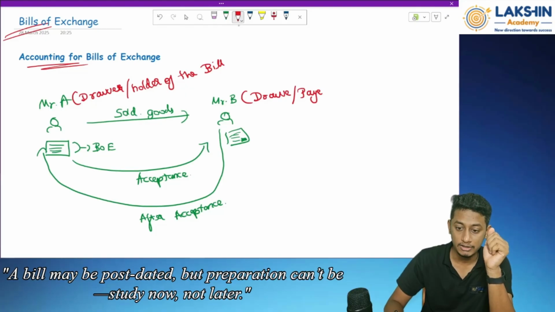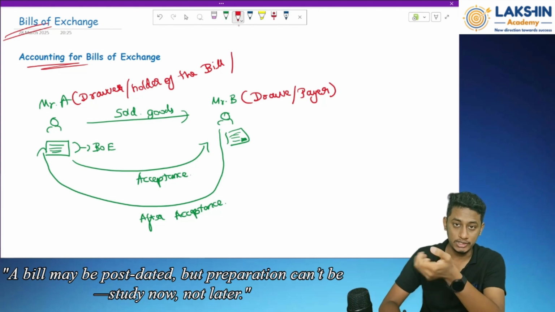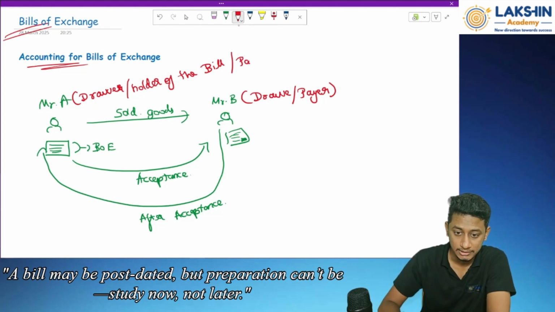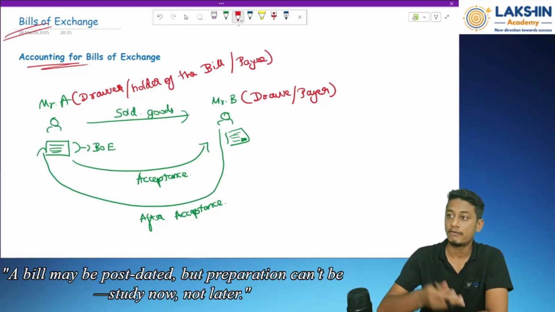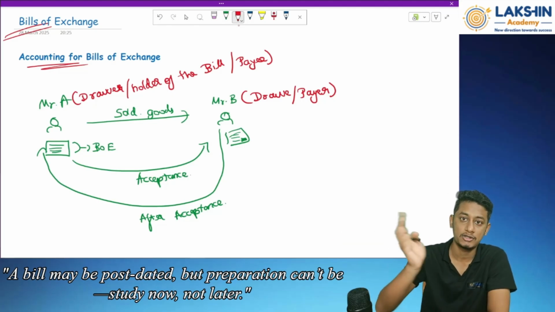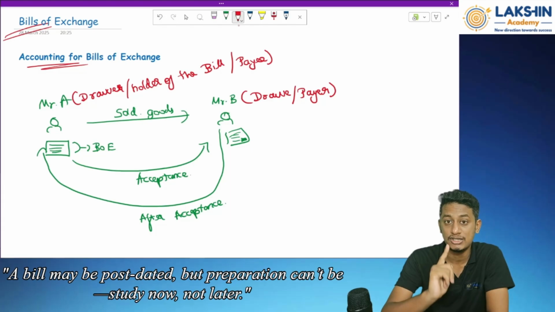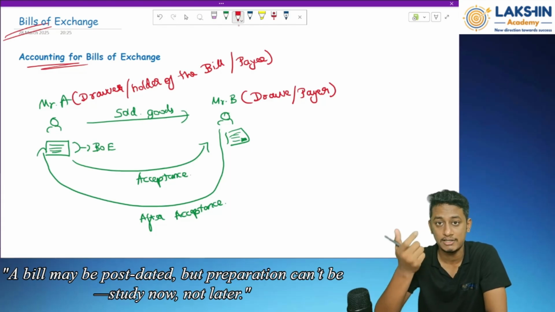Right? The one who is making the payment will be called the payer. Mr. A, who is receiving the money, will be called the payee. The one who receives the payment is called the payee, and the one who makes the payment is called the payer. Okay. These terminologies will be majorly used while solving the questions, because in the question they will just mention payer,